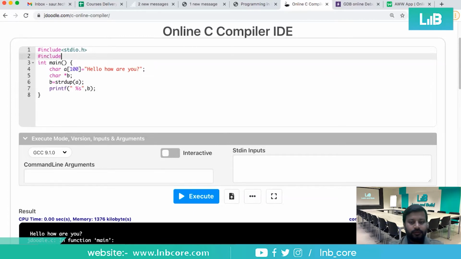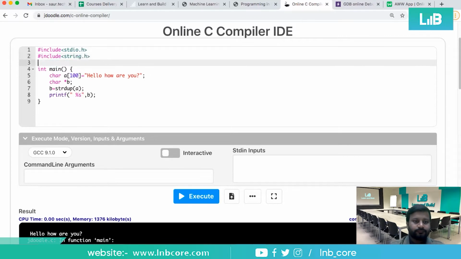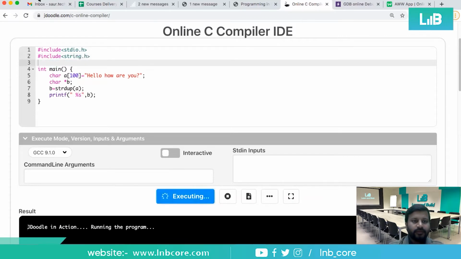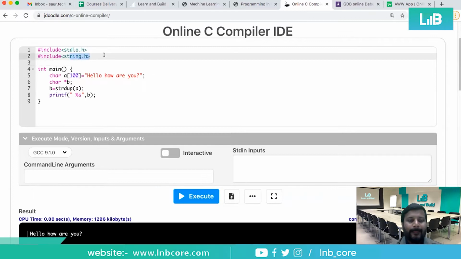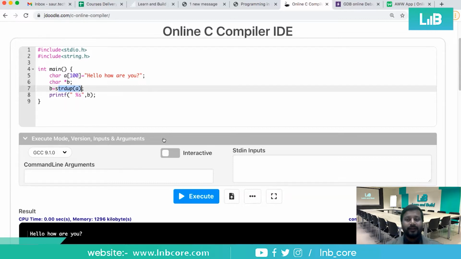Include string.h, because without this header file, how can we run this code? How can we run this command? So if you want to run any string oriented commands, please include that header file as well. If we want to run any mathematical formula, any scientific command like sine, cosine, we need to include math.h. If it relates to calendar, time, you need to include time.h,